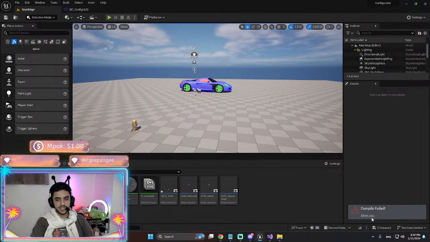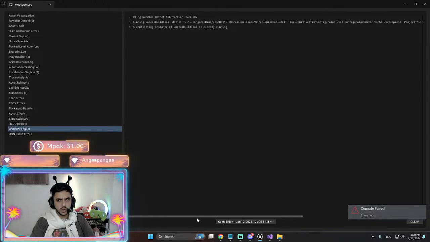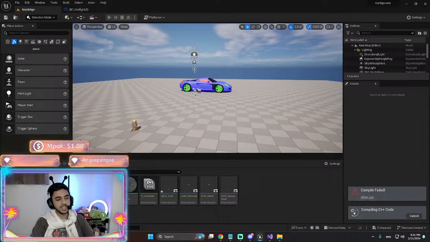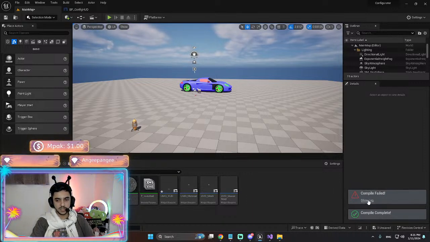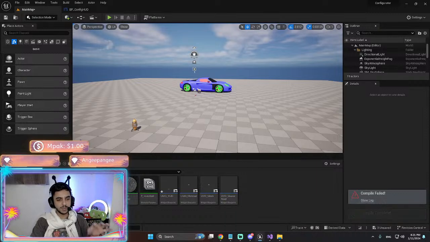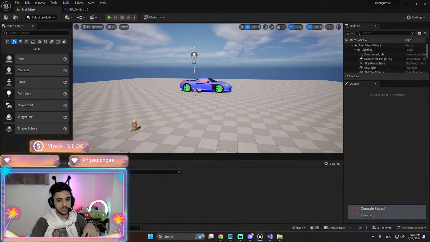Let's see if it works if I turn it into... It's not working. Oh yeah, I compiled it twice in a row, so it just got weird stuff. I was trying to compile from Visual Studio and Unreal Engine at the same time, so it gave me an error. It's okay, it's gone now.